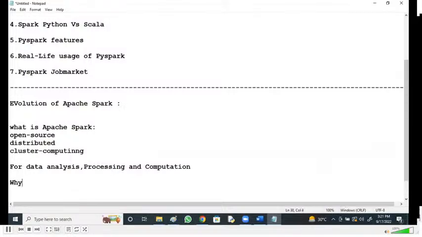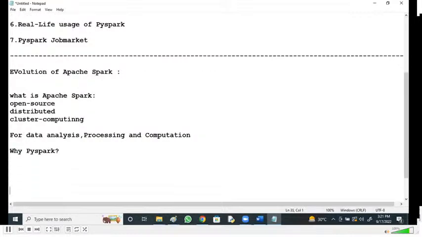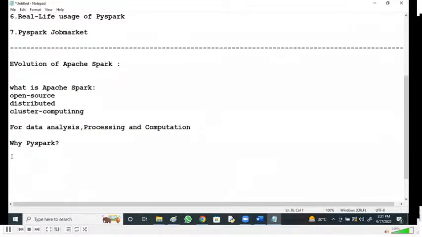Why PySpark? PySpark is a Python API to use Spark.